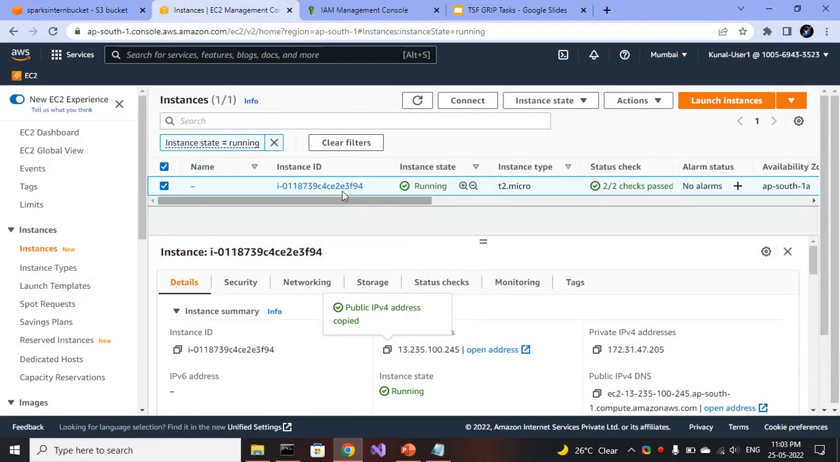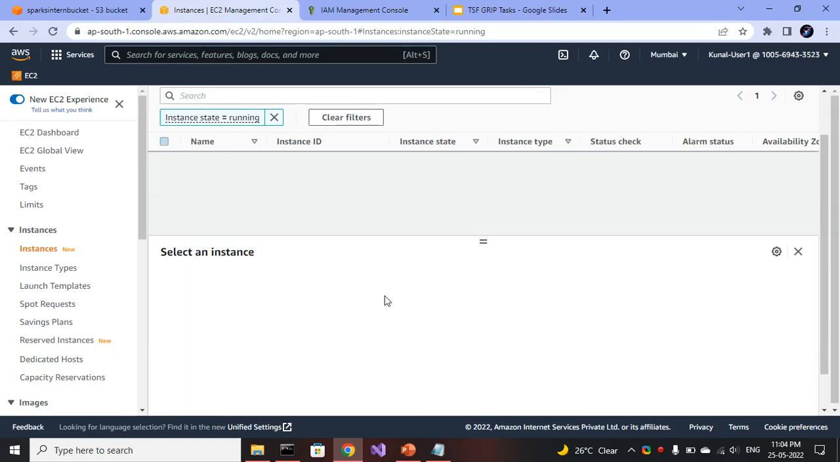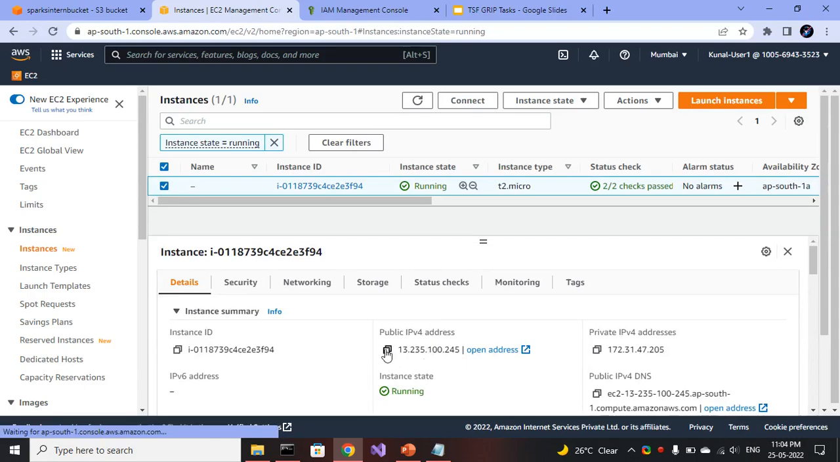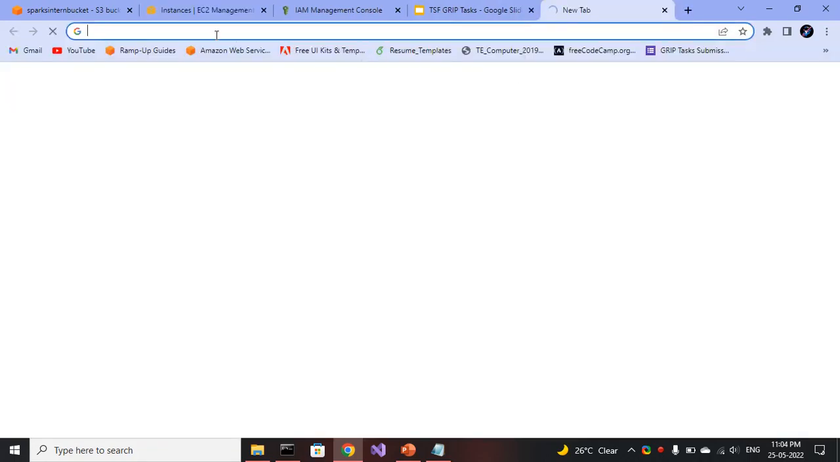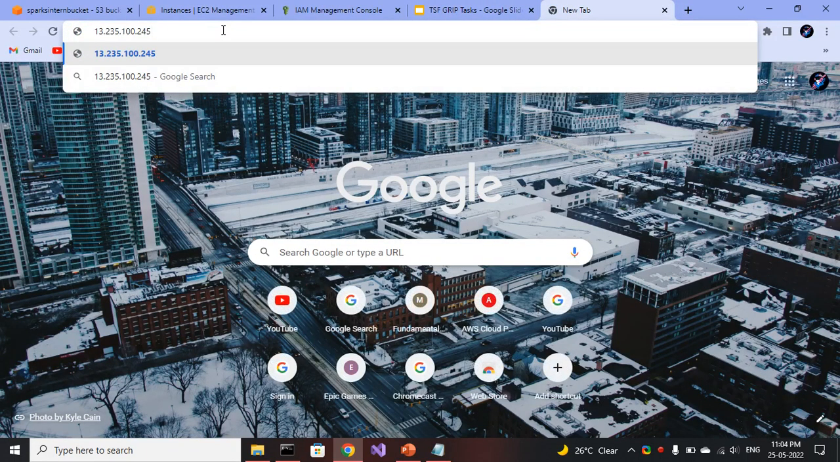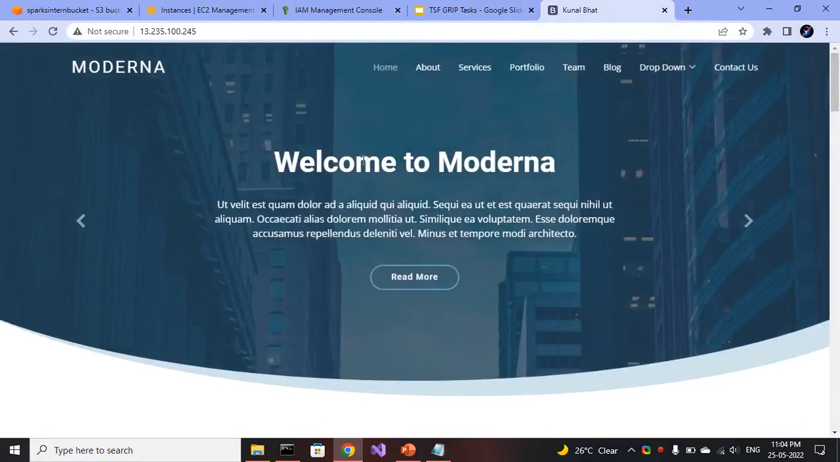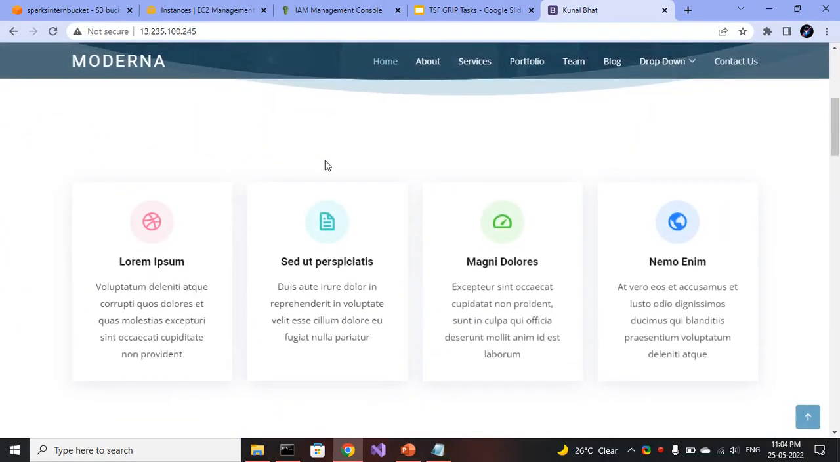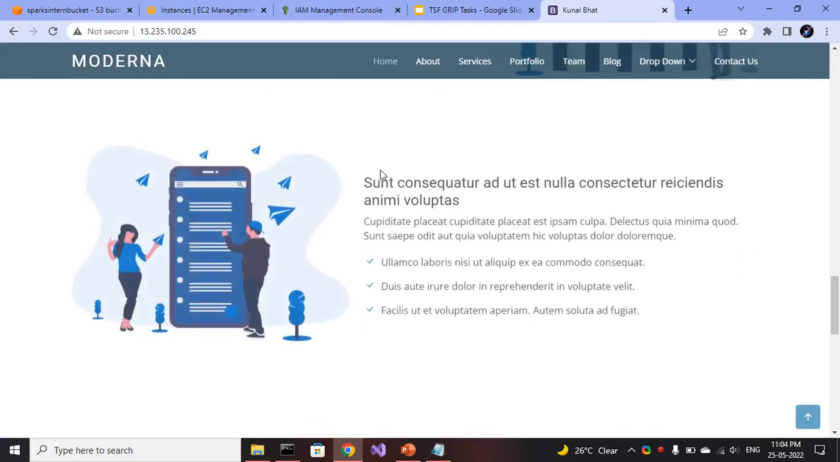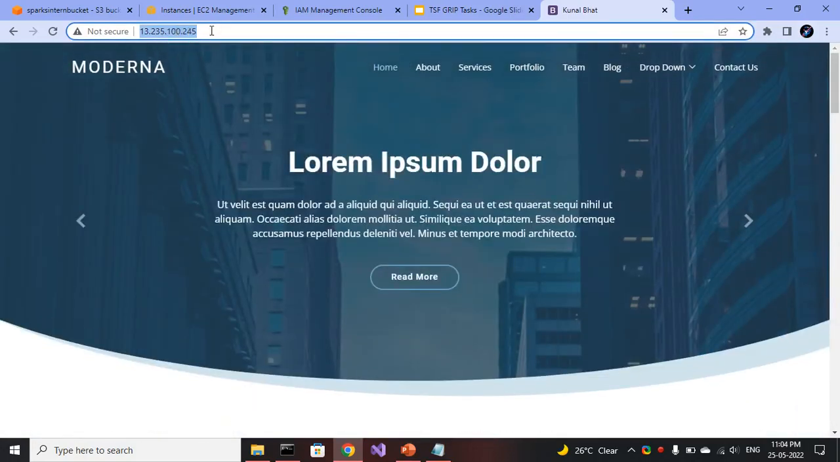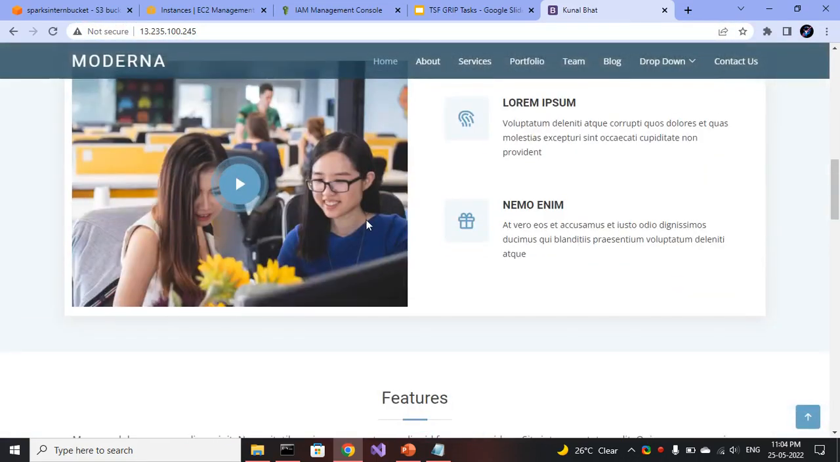Now in our EC2 console, this is the public IP address. So copy the public IP address, open a new tab and paste it. As you can see, we have successfully hosted our website template that I showed you earlier. We have successfully hosted that website on IP address 13.235.100.245. So this was my task number 4, that is